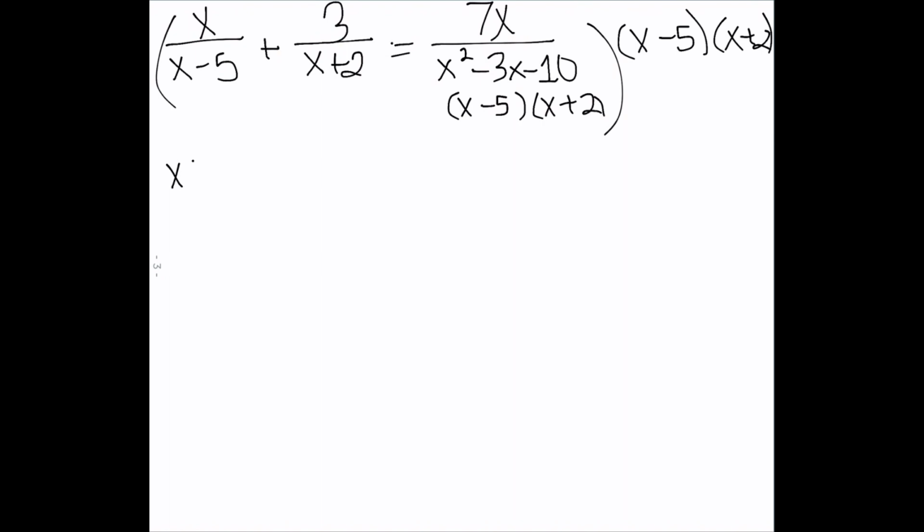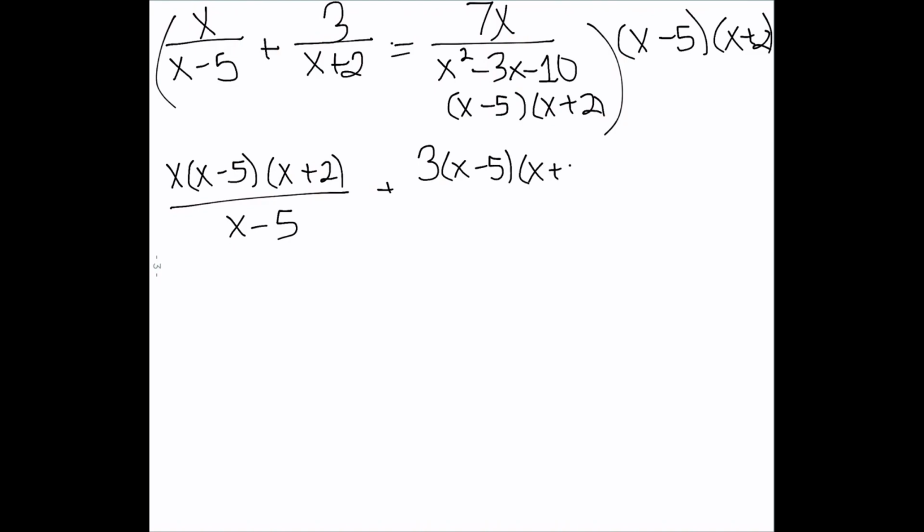So when I multiply (x minus 5)(x plus 2) over x minus 5, plus 3 times (x minus 5)(x plus 2) over x plus 2, is equal to 7x times (x minus 5)(x plus 2)